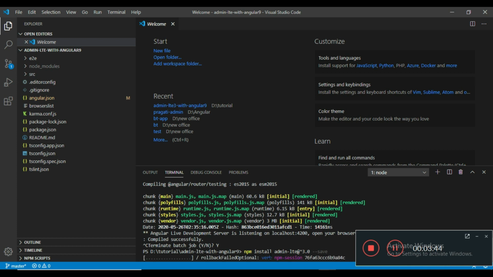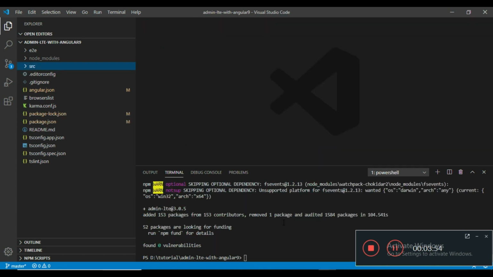So now it is installing AdminLTE dependencies. It will take time, so I will pause the video till installation is completed. So AdminLTE installed successfully. Now check the project again, ng serve.